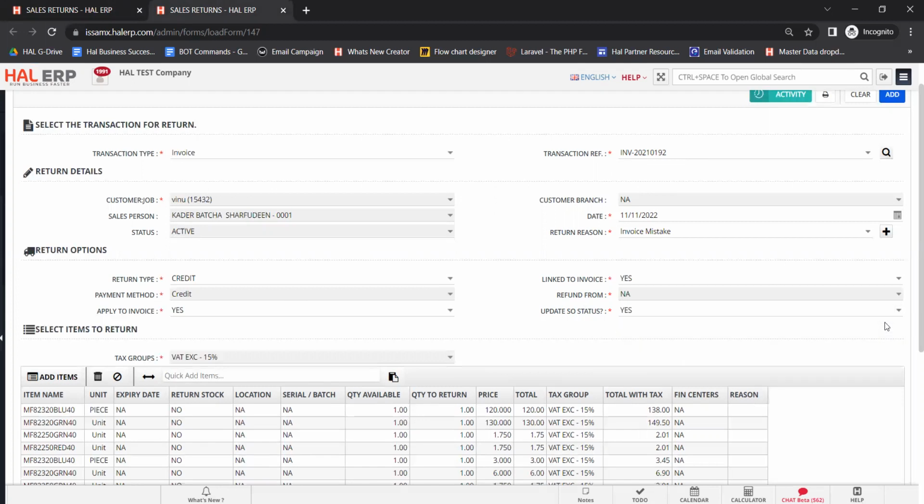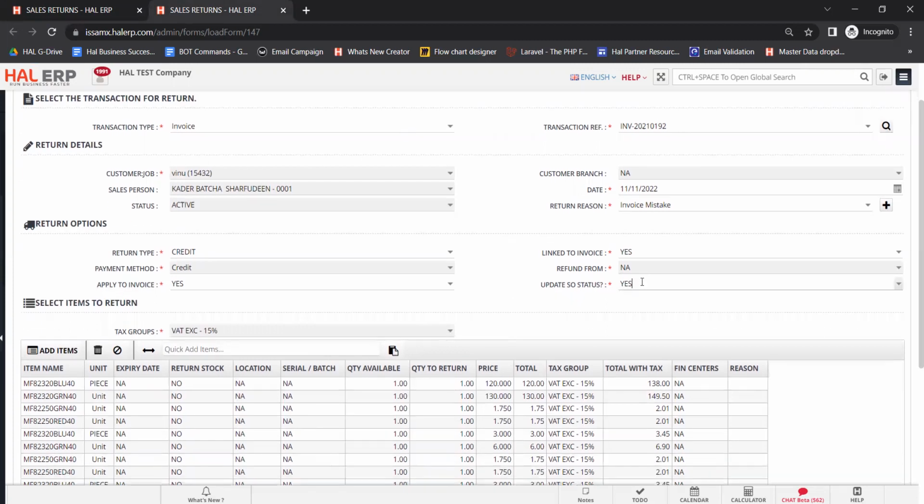I repeat, if this invoice was created using a sales order and it was mistakenly created, then you want to reverse it and create another invoice using the same sales order. After reversing this, then you have to select the update SO status. And this, what system will do? System will basically reverse the sales invoice and allow you to create another invoice for the same sales order, if this option is yes. If this option is no, then it means that system will not allow you to create invoice for the same sales order again